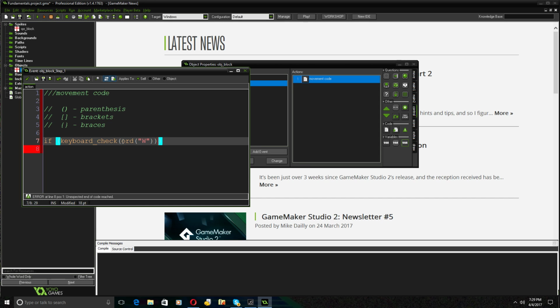Now you can in GameMaker get away with not putting these parentheses in around the if statement, but it is bad practice, and if you do it in other programming languages, it generally won't work, except Python. It will work in Python. Then I've got my braces. Now everything that happens in here,